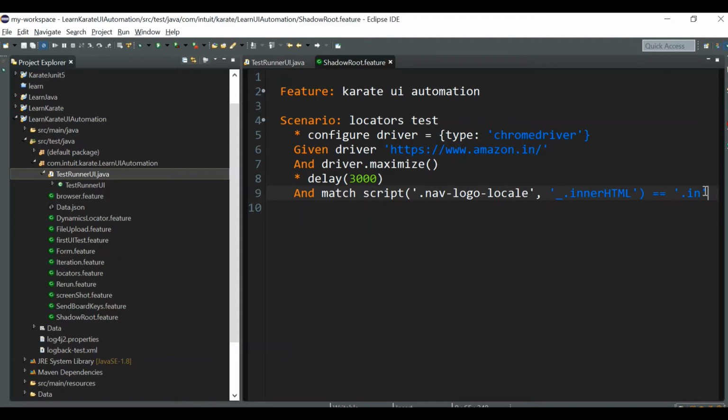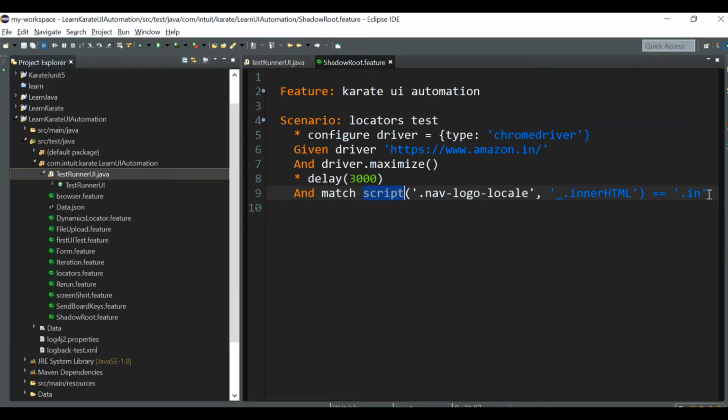In some websites, you will be able to see the shadow root in the HTML structure of your DOM. If you try to find the web element locator in the usual way, you will get the no such element exception in the case of Selenium, right? Similarly in Karate, it will show there is no element with that. So we should have a separate way to inspect the shadow root. In Selenium also, we used JavaScript executor to inspect the shadow root DOM.